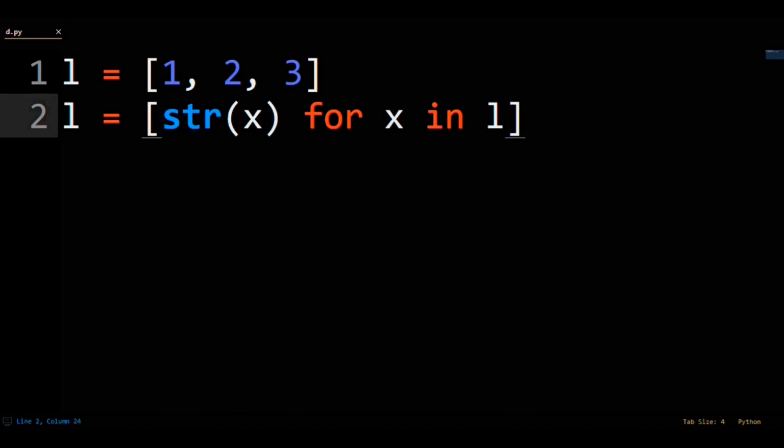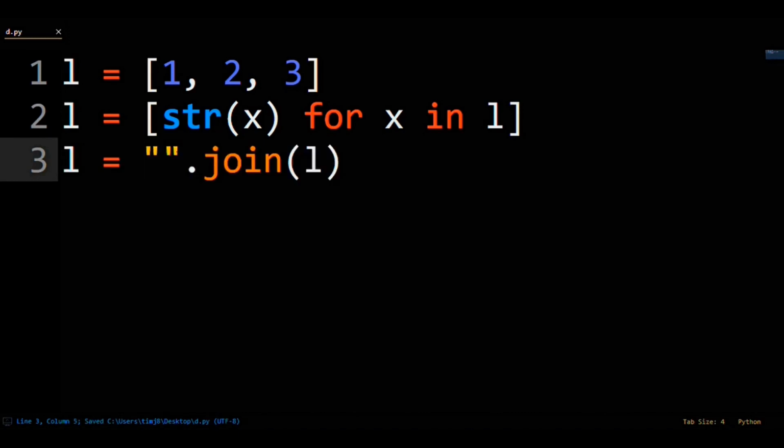Next, we want to join all these strings together into a single string. To do that, we can use the join method. On the empty string, call the join method and pass in L. This means join together every element in L into a single string, and the separator string between elements is the